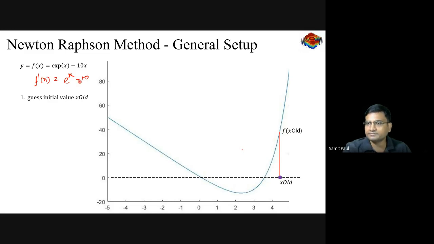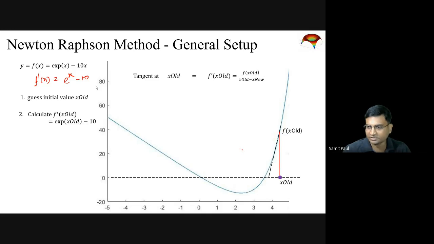What is derivative? Derivative tells us the slope of the tangent drawn at that point. Let us draw the tangent. So this is the tangent, the dotted line. If I draw a tangent at f old, x old, the slope of this tangent, or the angle that it makes with the x-axis, the tangent of that angle, tan theta, is the derivative, right?